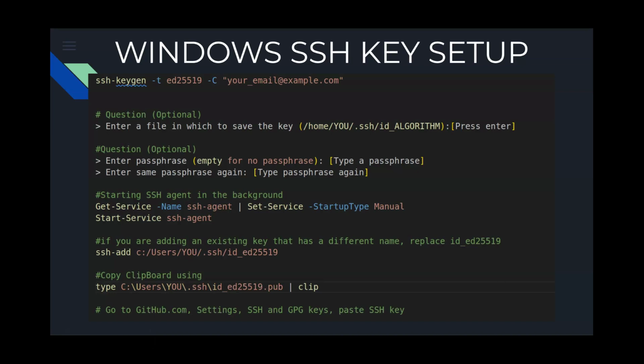So is there anyone on a Windows machine here that needs extra time with this, has any questions? I don't want to push you or anything to go too fast.